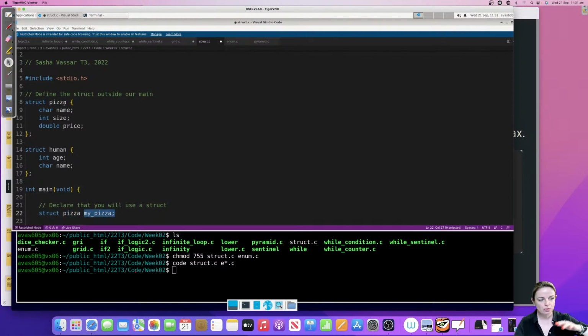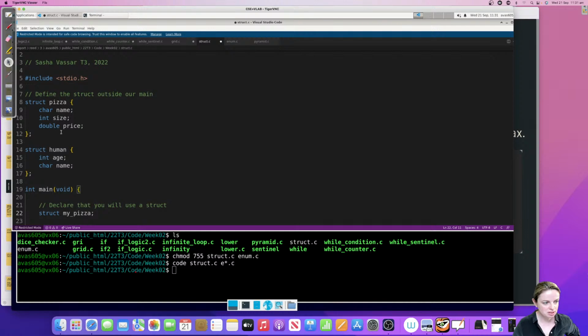So this struct is referred to as pizza, and then my variable name, how I will refer to it throughout my code, is to actually call it my pizza. That's how I'm going to access it. So my pizza is the name of the variable. It's not enough, because if I do this, if I do struct my pizza, which struct am I using?